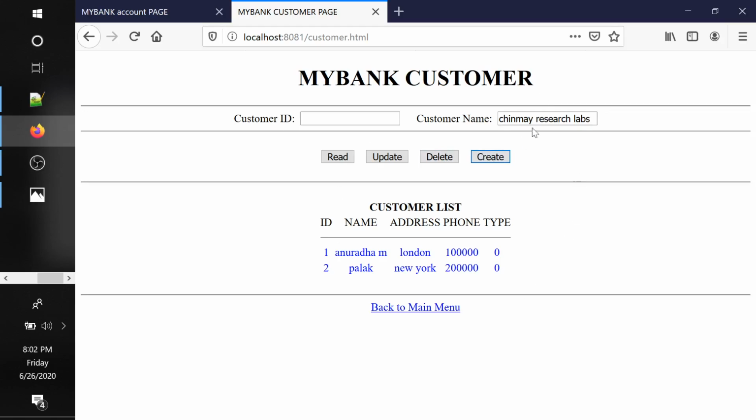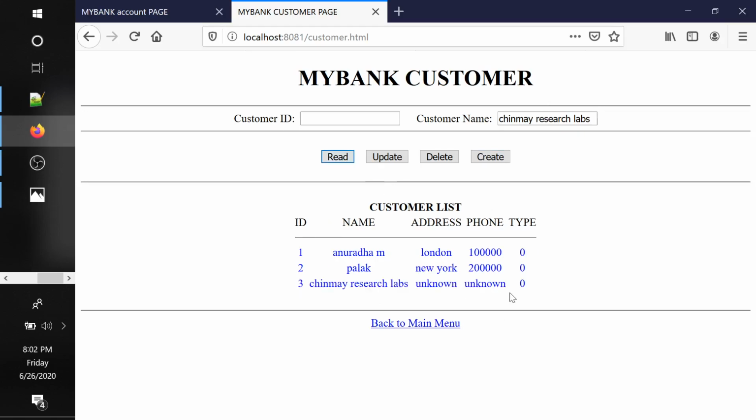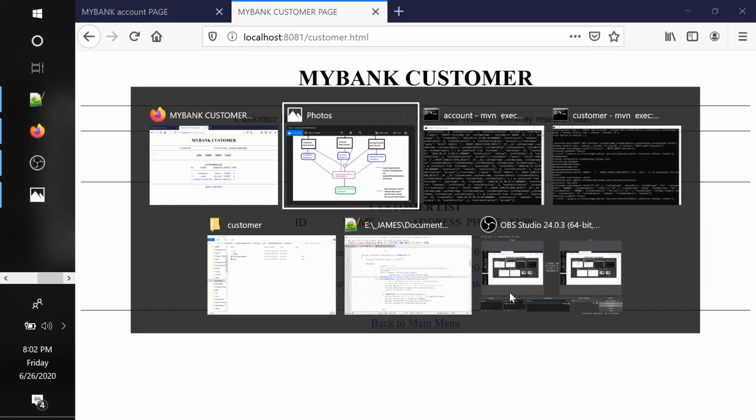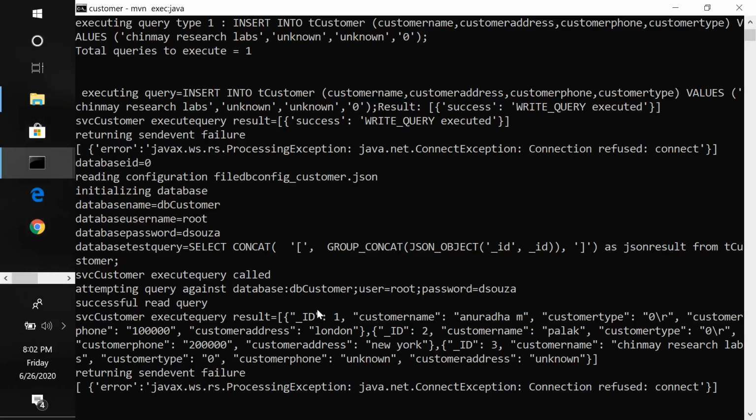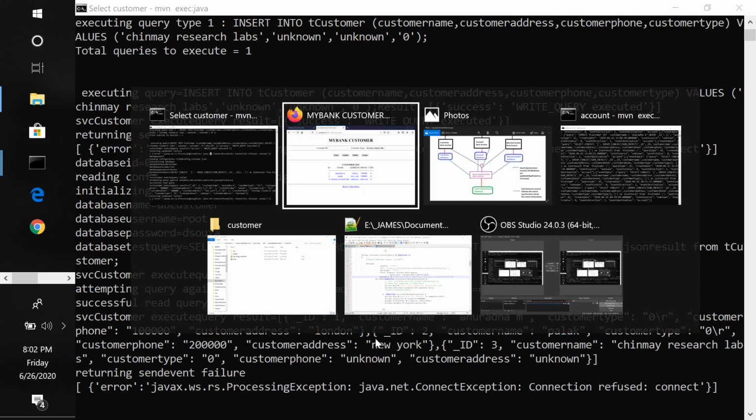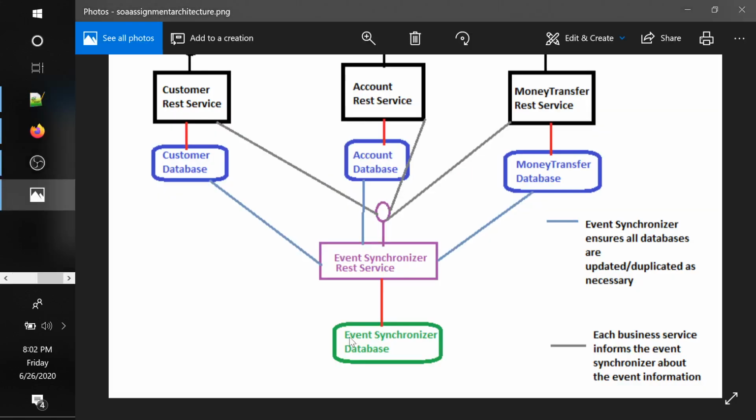So something is happening on the customer website. If I read this information now, I will see there is a record, and if I look at the customer window, there is a query been fired over here, right? There is a write query and there is a read query, and so this is what happened on this website.